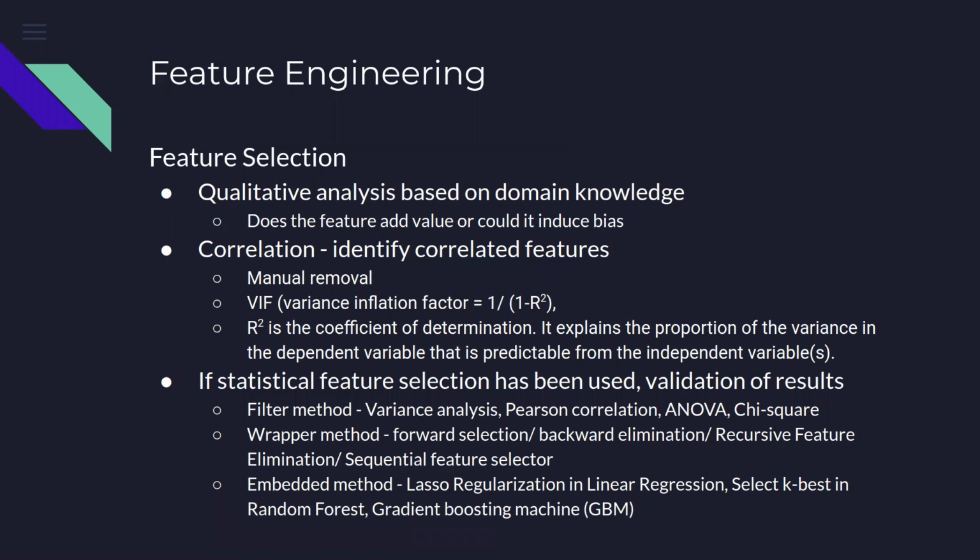So we take the value of the R square, then we deduct that from 1, and then we divide 1 by that number. So what it will show you is that the higher the value of R square, the lower the denominator will become, and therefore the higher the VIF will become, and that's why it's called the inflation factor. So VIF is 1 divided by 1 minus R square.